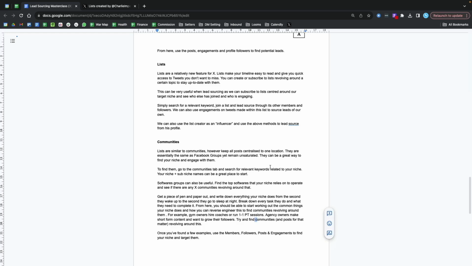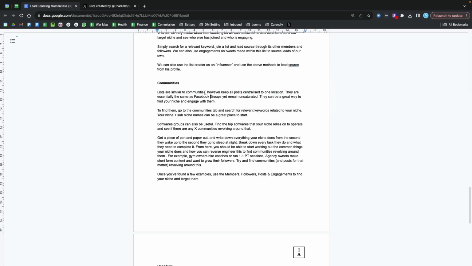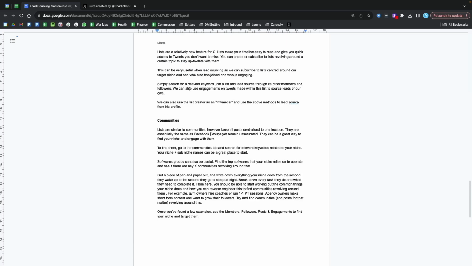Okay, so lists are similar to communities. However, communities keep all posts centralized to one location. Whereas with lists, you follow them and then the tweets will start popping up in your newsfeed. With communities, you follow them and join them, and then you have to go to that community to see the tweets. They are essentially the same as Facebook groups, yet remain completely unsaturated. As we know, Facebook groups are being blasted. However, Twitter groups and communities are relatively new and relatively,